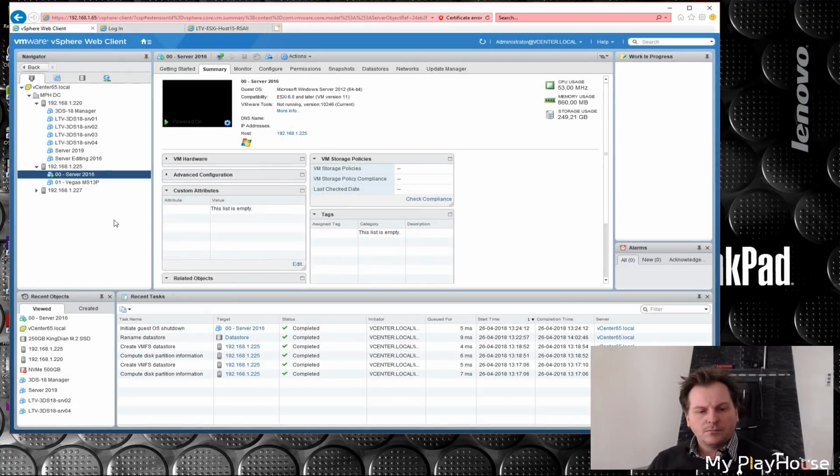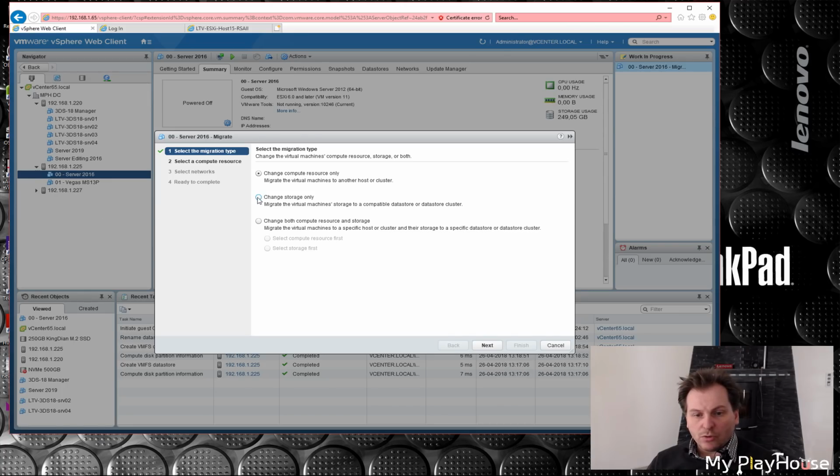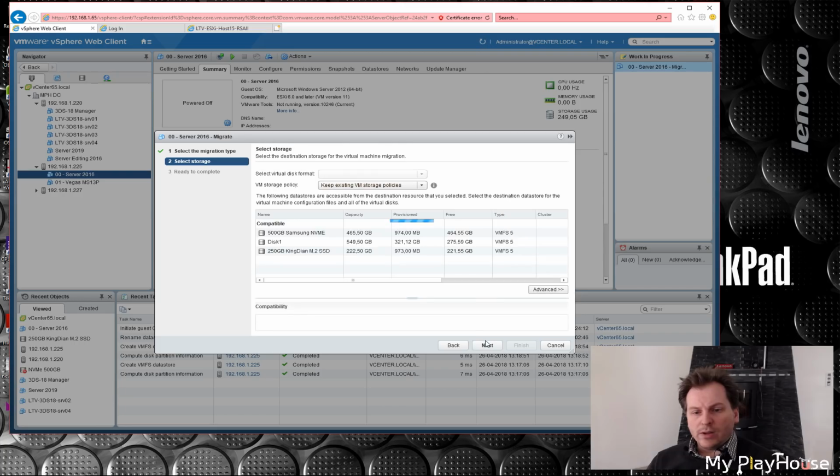There, it just powered off. So let's right click and we will migrate, and we will just migrate the storage only. Next. The reason I didn't just migrate this server to the new server is because of that graphics card in there. That actually kind of works. And when I say kind of works, that means that when I'm editing video, it uses the graphics card. When I render out the video, it crashes the server. So I am not currently rendering out the video using the graphics card, but I am using it when I'm editing. So we will put it here,